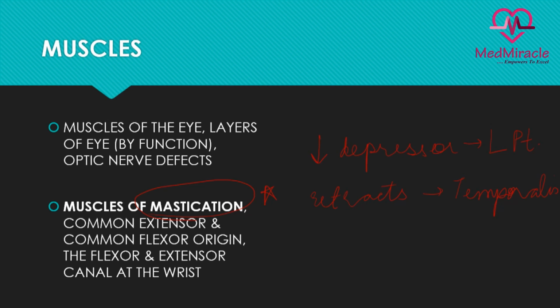So in this way, if you remember the one muscle that causes this action, the other three you will be able to remember which cause the opposite action. So the depressor is the lateral pterygoid and the retractor is the temporalis. Also,